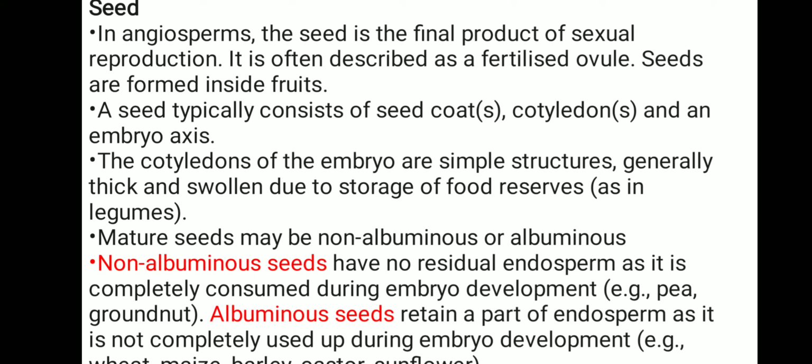Seeds are formed inside the fruits. We know that the fruit is what? Fruit is called a ripened ovary and seed is called a ripened ovule. And we know that the seeds develop inside the fruit. Okay, when we come to the structure of the typical seed, it consists of 1 to 2